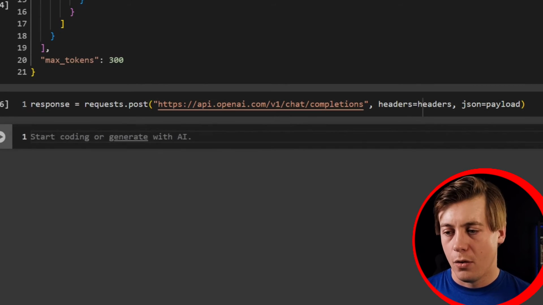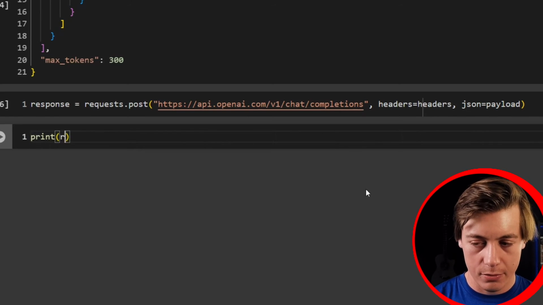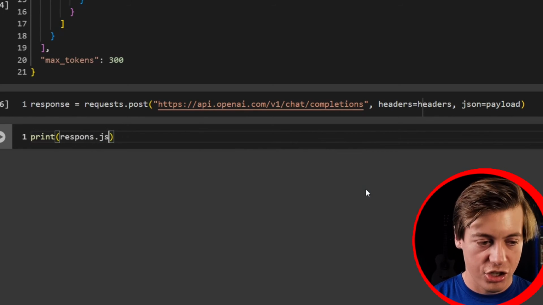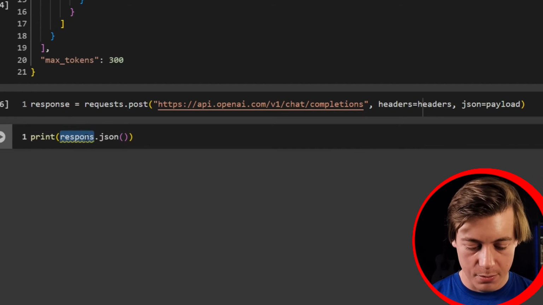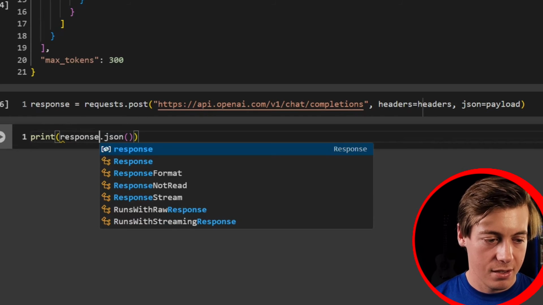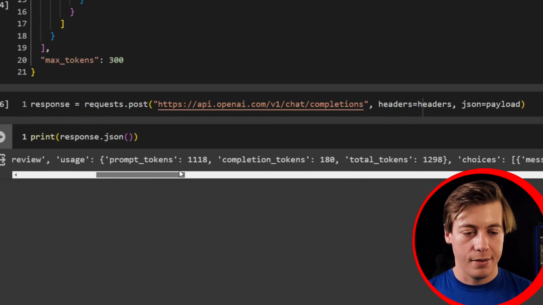Okay. And one more line just to make sure that we get this working. Just print over here response.json like that. Run that. And if we scroll over here to the right,